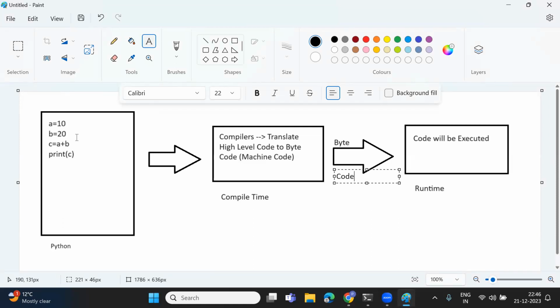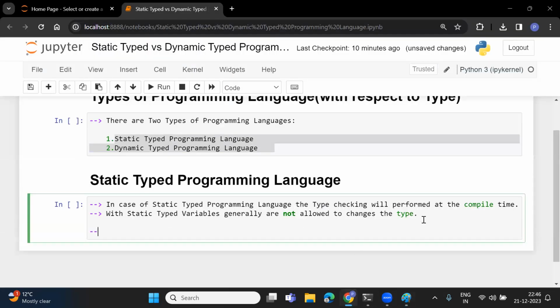And where will this data type be checked? This data type will be checked in the compilation phase. So here at the compilation phase, we need to provide the data type and here it will be checked. In other words, in the case of a static typed programming language,